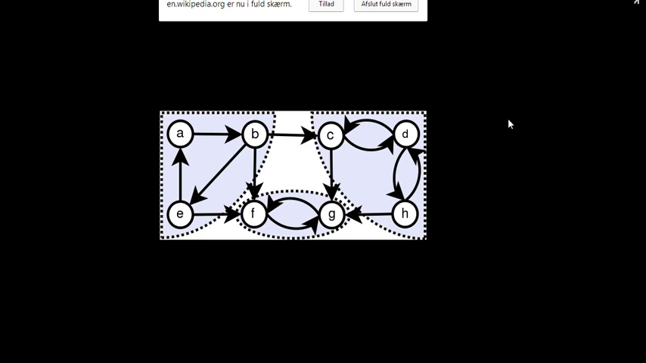Hello guys, this time I'm going to talk about strongly connected components. So it's actually pretty simple. We have a graph here and we're asked to find the strongly connected components of this graph. And what that means is simply we want to split the graph into subgraphs, where in these subgraphs we can,